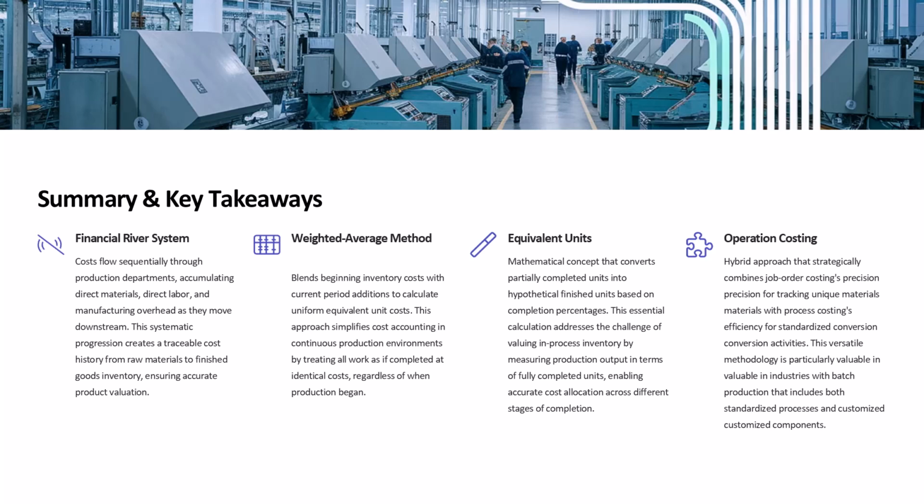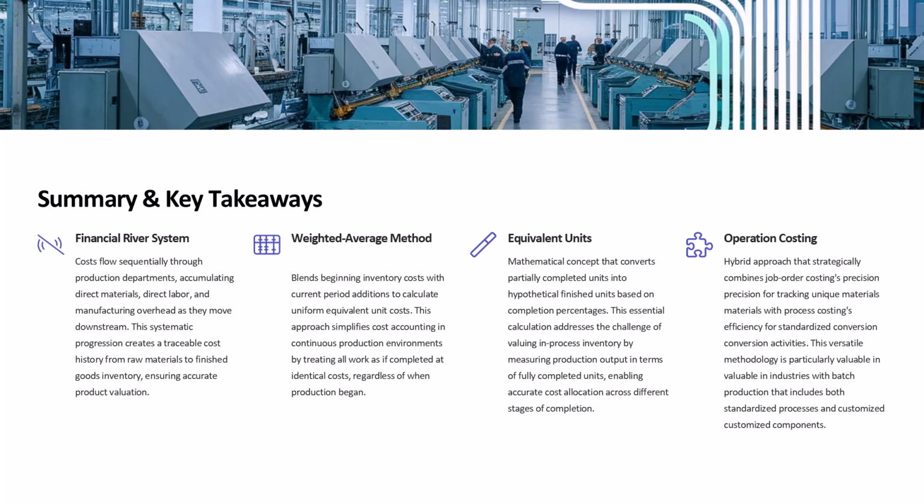Process costing flows like a financial river system, materials, labor, and overhead entering the stream at various departments, accumulating as they flow downstream, eventually reaching finished goods and cost of goods sold. Imagine following a drop of olive oil through a Bertolli production facility, from initial processing to bottling, watching costs accumulate